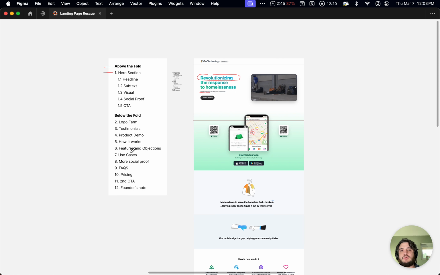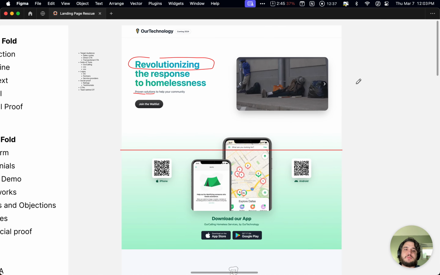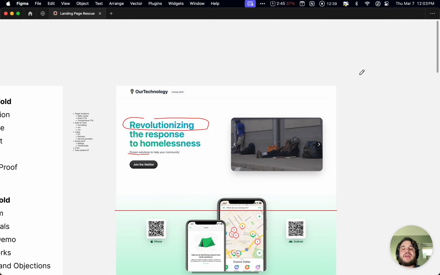And so let's start at the hero section, because this is our hook. So let's start here and then we'll move on further down the page. And I'm going to give some reaction as well as I'm looking at this. So right now,